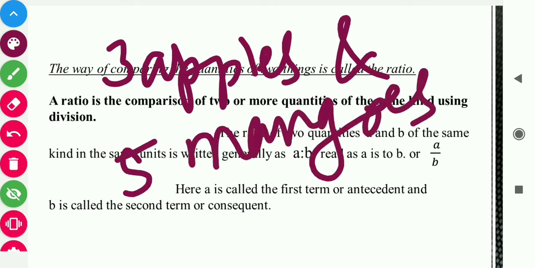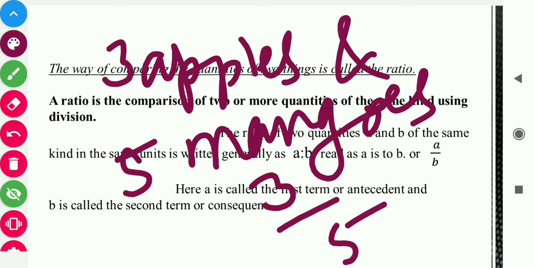And suppose you want to compare them. So we want to compare their numbers. You can compare like that. Here apples are 2 less than mangoes, or you can say that mangoes are 2 more than the apples. So this is a what? A difference method. And you can say that number of apples divided by number of mangoes, that is 3 by 5. So 3/5 of the number of mangoes are the apples.